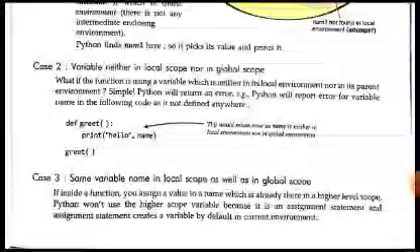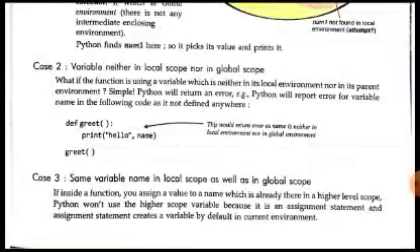Okay, now second case is variables neither in the local scope nor in the global scope. हमने यहाँ पे देखो हमने क्या किया? हमने greet नाम का फंक्शन डिफाइन किया है, and what is there in the greet function? We are trying to print the value of a variable which is named as name. So name is the variable which you want to print in the print statement, but this name has not been defined anywhere in the function also. And the main program also, what we have done, we have just called the greet function. We haven't defined any variable here.